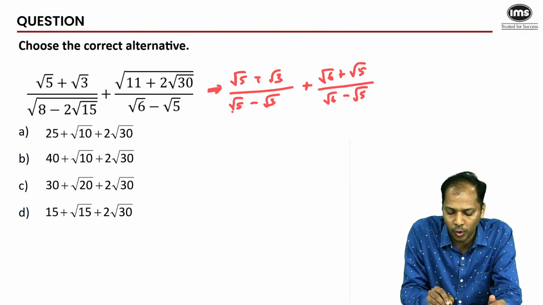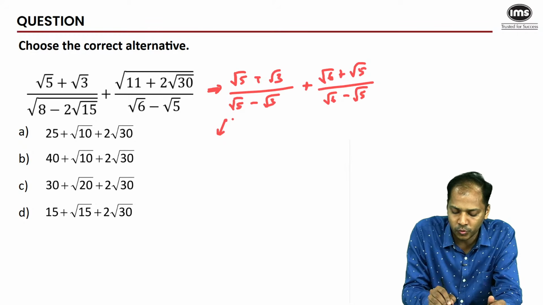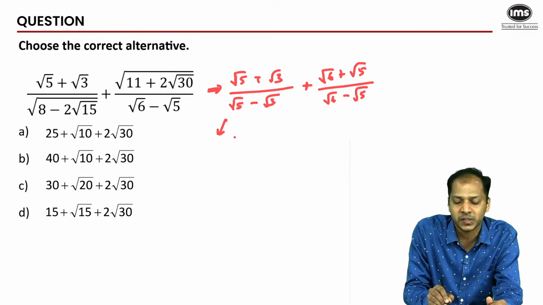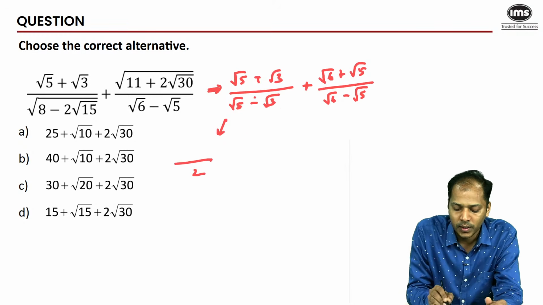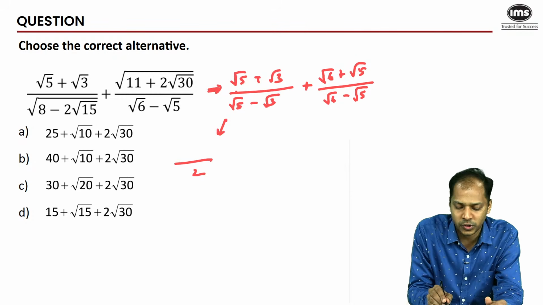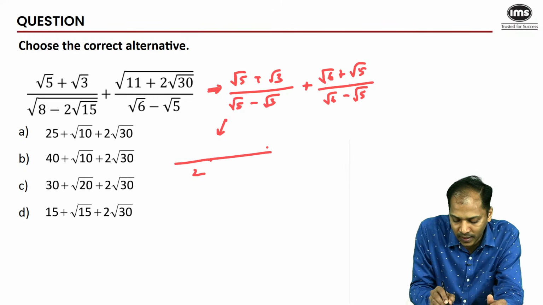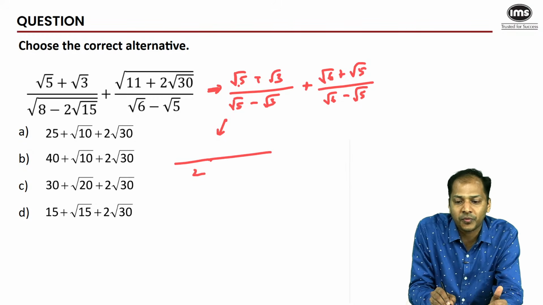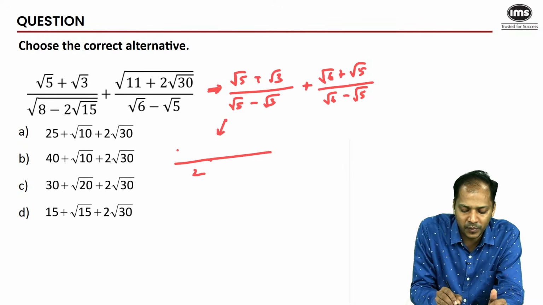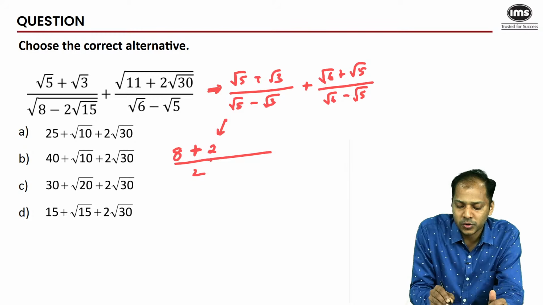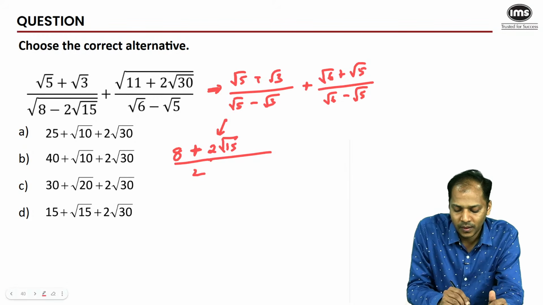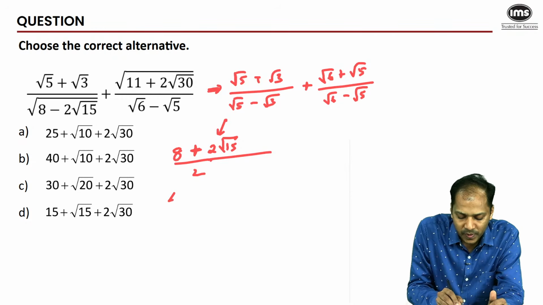If you rationalize this denominator, it simplifies: the denominator becomes a square minus b square, so the denominator would become 2, and the numerator would be a plus b the whole square. So if I make root 5 plus root 3 the whole square directly, root 5 squared is 5, root 3 squared is 3, 5 plus 3 is 8, plus 2ab, so 2 into root 5 into root 3, that's root 15. The 2 would cancel out and this becomes 4 plus root 15.